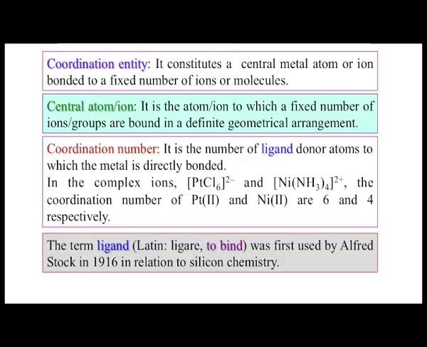So, what is that coordination number? Then we bring in the idea of the ligand, with its donor atoms. If it is a water molecule, it is the oxygen atom which is responsible for donating charge through its lone pair of electrons to the central metal ion. If it is ammonia, it is the nitrogen of the ammonia molecule which directly forms a bond to the central metal ion. But if it is a species like PtCl6 2 minus,